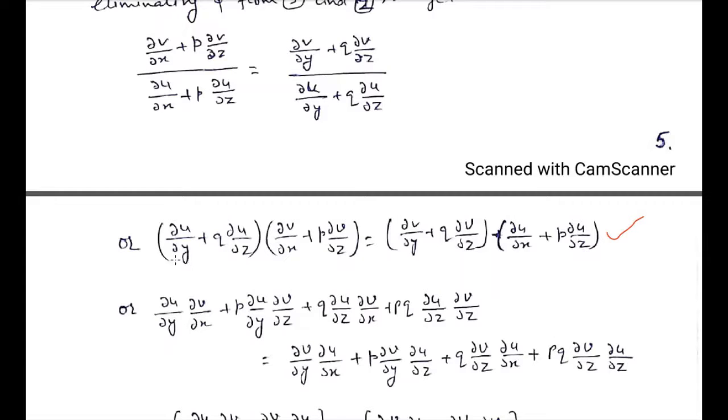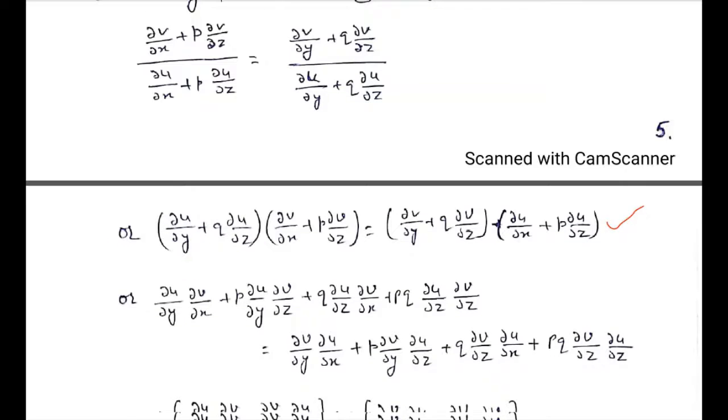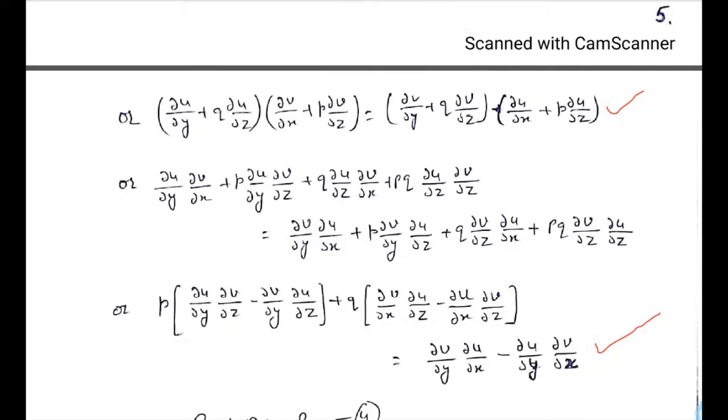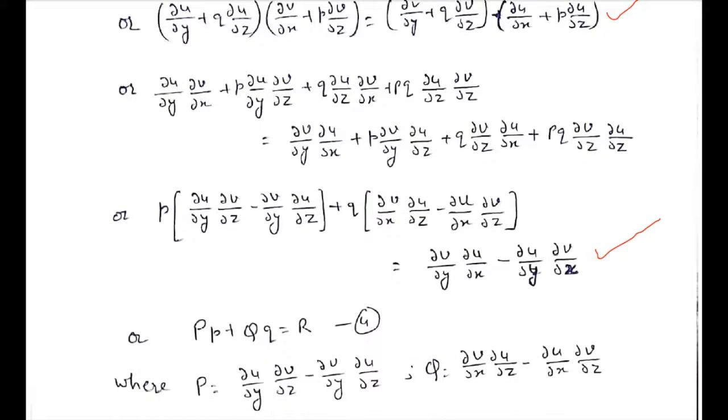When we simplify this equation, we get some terms with a coefficient of p, some with a coefficient of q, and some without p and q. So we separate those terms having coefficient p, those terms having coefficient q, and those terms having no p and q. So we can rewrite this equation as small p into capital P,